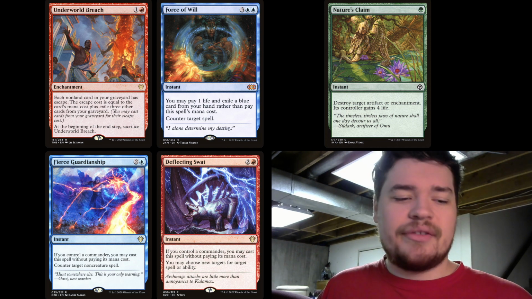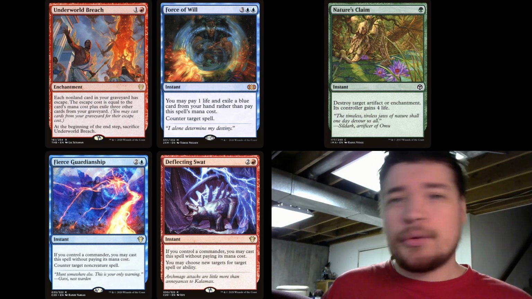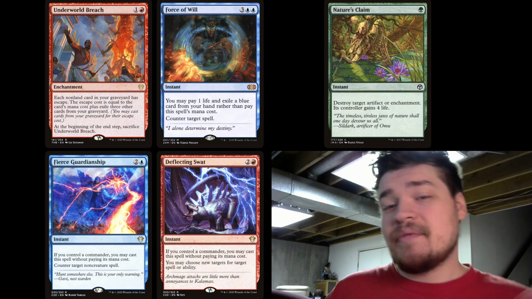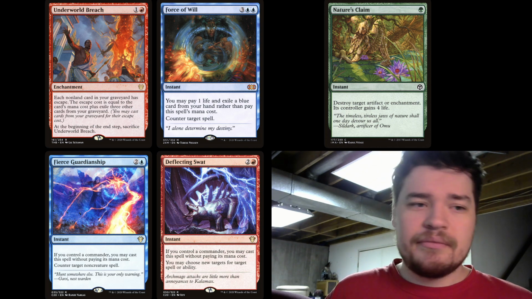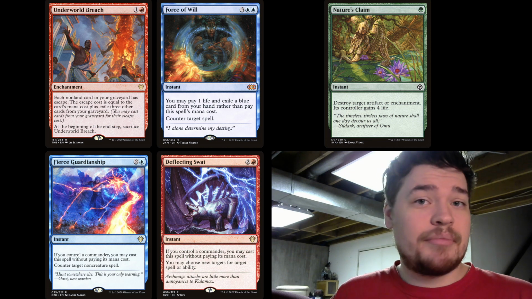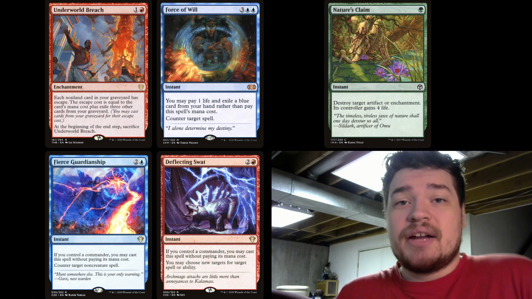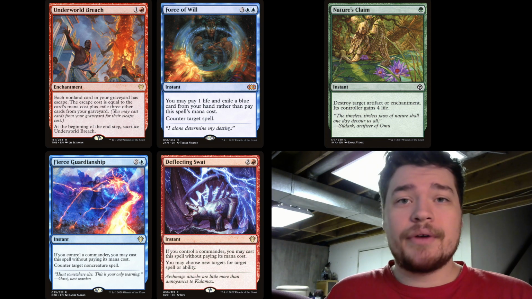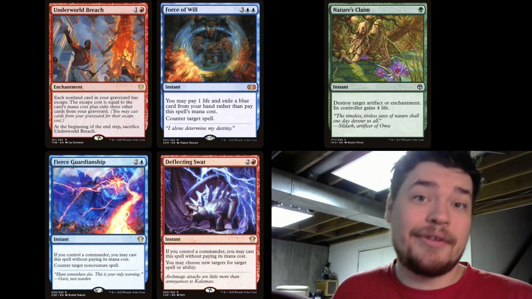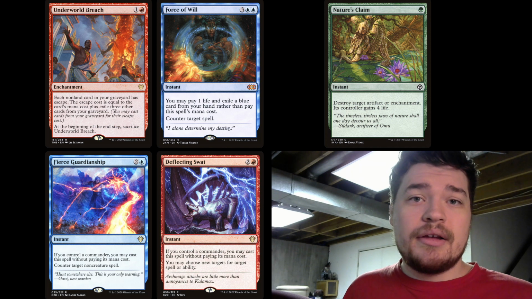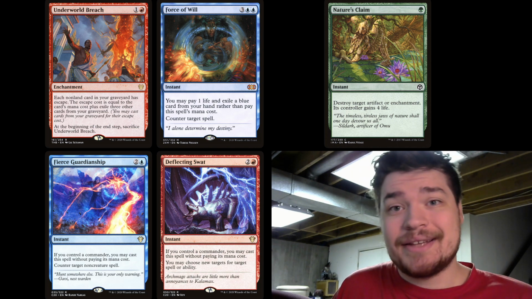Your opponent has all 3 of these in their graveyard. They have their commander in play, and they have just a blue card in hand that they can pitch to the Force of Will. So, you decide, well, there's no reason for you to fight over it because your opponent can just counter it for free. However, that's not actually the case.